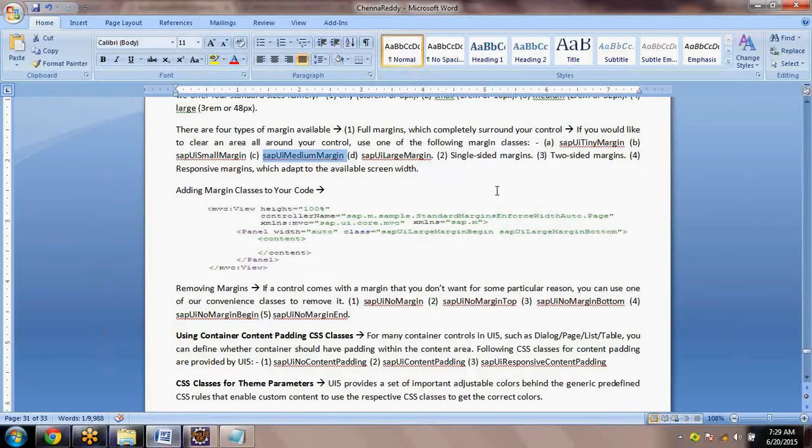So the conclusion here is that you can apply your own styles, or you can also use some standard styles available. These are the standard styles. But whenever you are going for customizations, you will be writing your own styles. You will not depend on the standard styles. That's the conclusion side. So just remember that there are some styles like SAP UI styles. It's difficult to remember all these things, but just remember that there are some styles available by default with